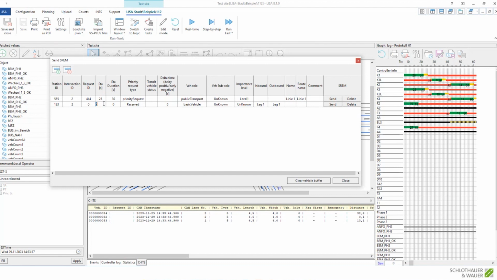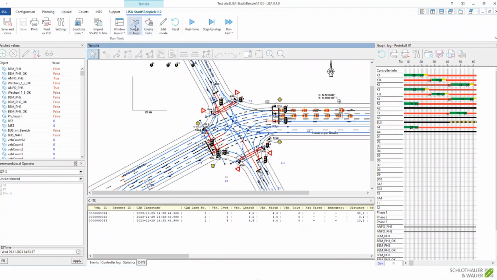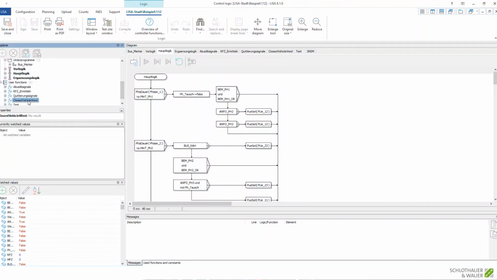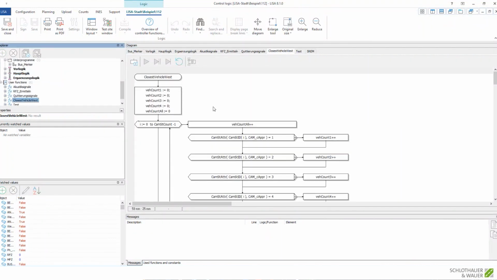If there is a radio message, a radio telegram about a bus approaching, and it is not received, then there is no way of correcting that. There is just one radio message at a certain point in time, and if it's not repeated, then this bus is simply not prioritized. Yeah, maybe just to show an example, a very simple example here of how these